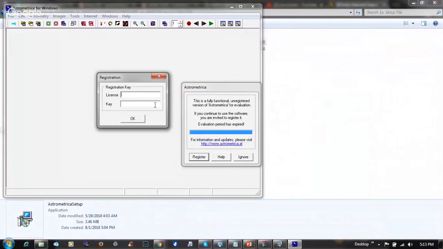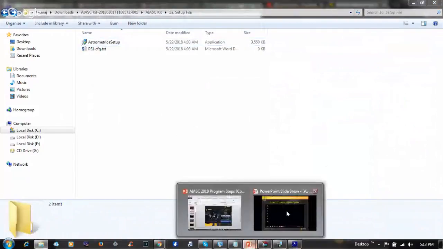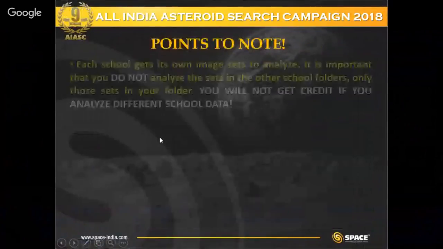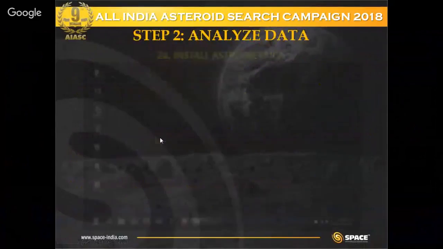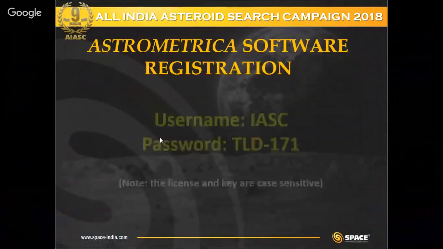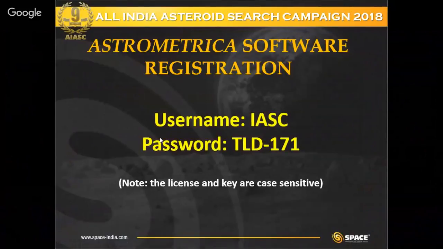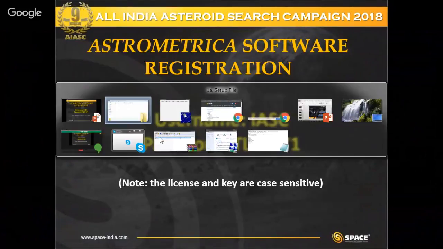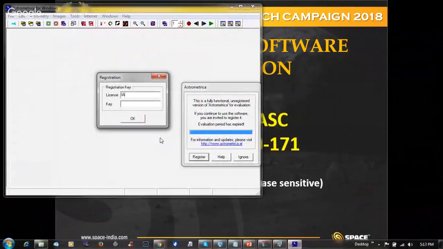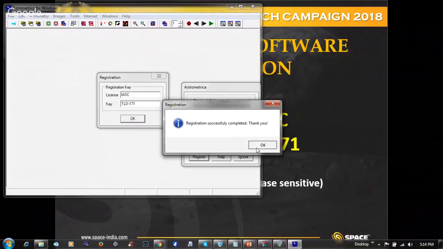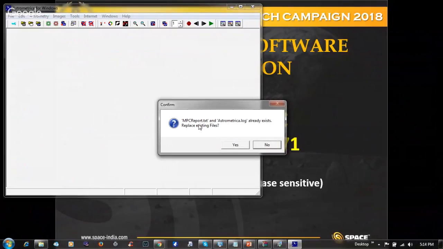So I'll register. It's asking me for the license and key. What license and key are you going to put? Let's skip this. The username is IASC and password is TLD-171. IASC, TLD-171. So here we have successfully completed the registration. It says mpcreport.txt and astrometrica.log